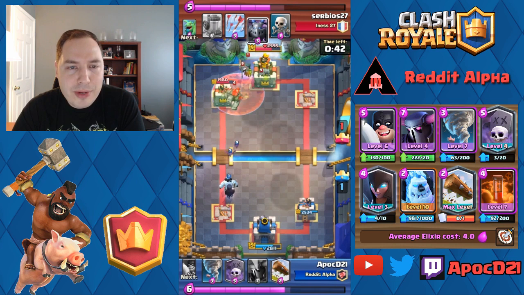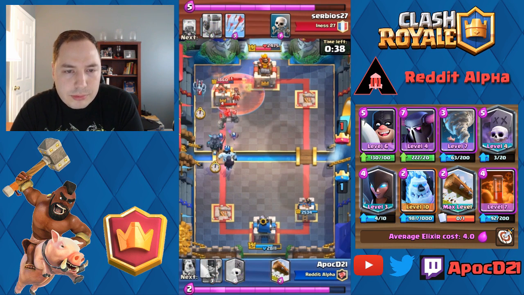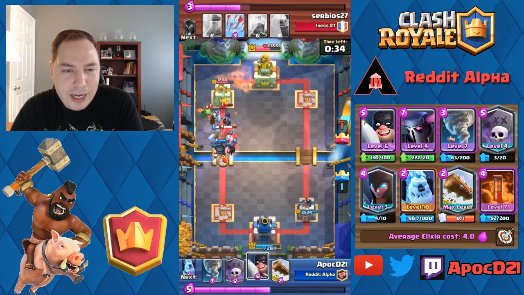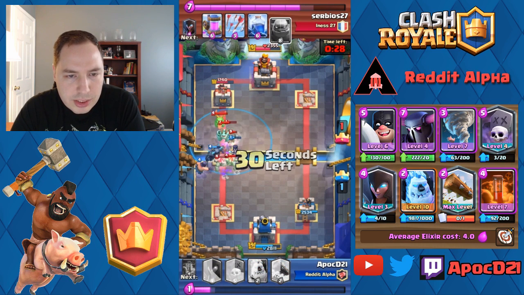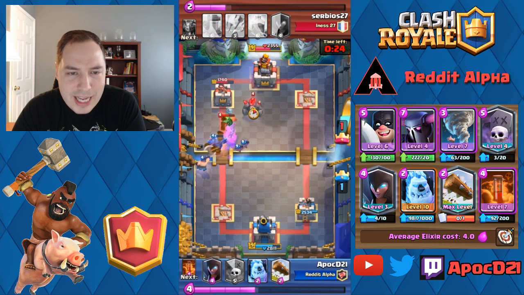Okay, so now we know that he's got Night Witch and the Golem. So once again, we can drop our Golem to our P.E.K.K.A to protect our Night Witch. So now we'll get a nice value Executioner here,